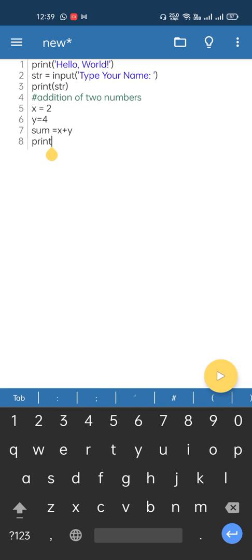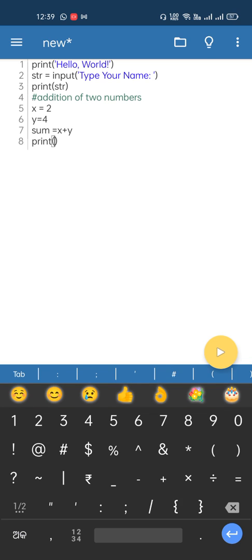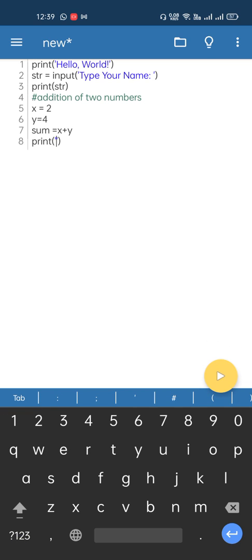For that I'll write print in brackets. What do you have to write? I'll write it with a message. First I'll write the message: the sum of two numbers is. Okay, whatever I have written inside this code will be the message.